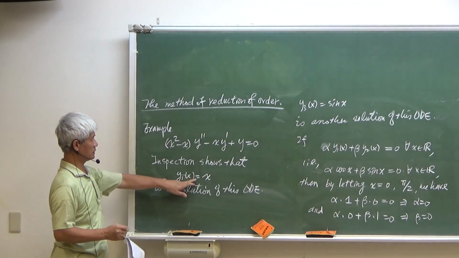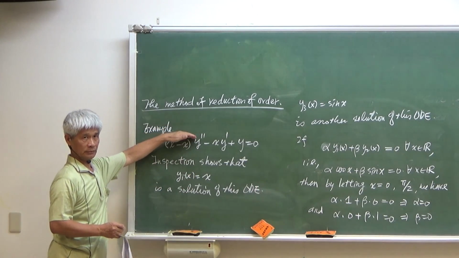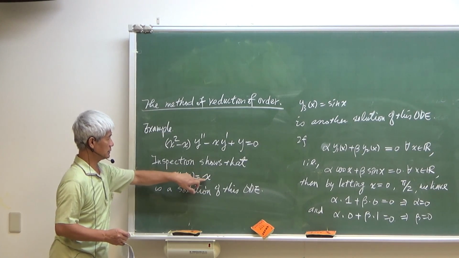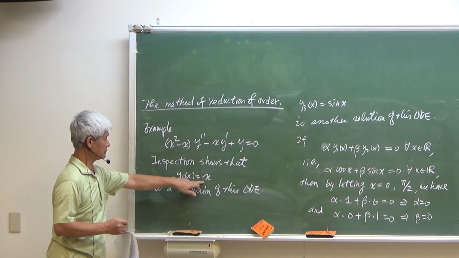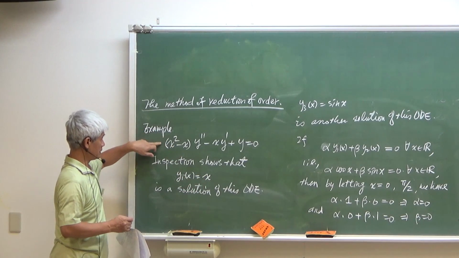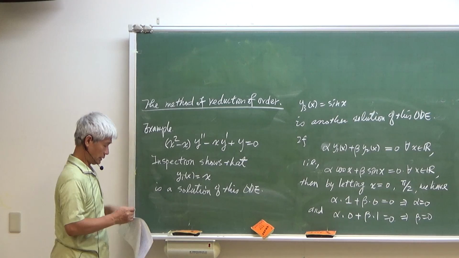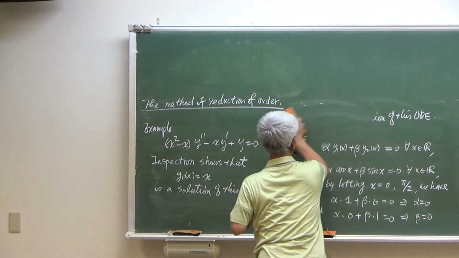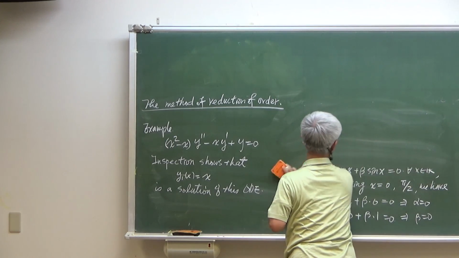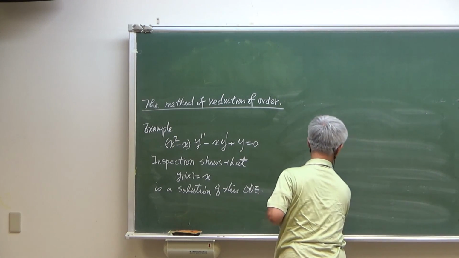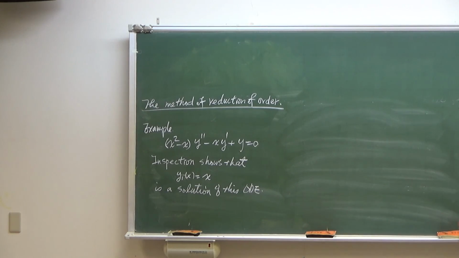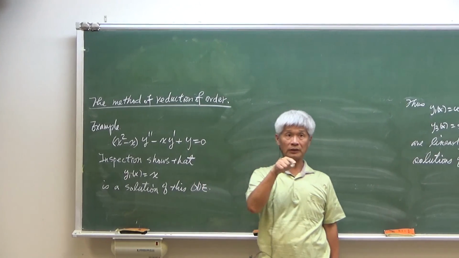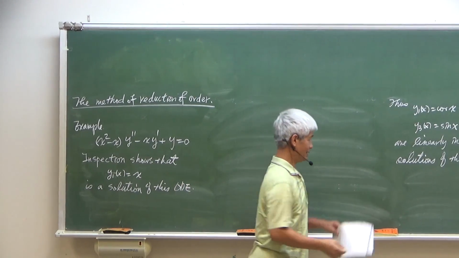We can just do the substitution and find that y1(x), the polynomial x of degree 1, is a solution of this ODE. So now, to find a general solution of this ODE, we need to find